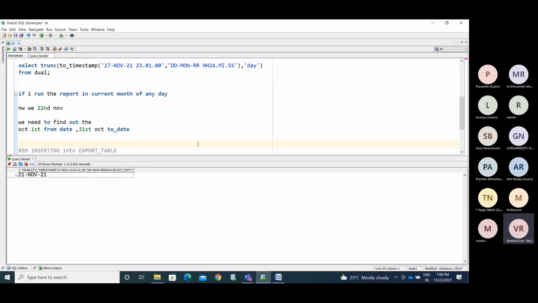So if you want to pull that report, use the functions we have mentioned, and calculate it. If you pass any date, you need to get the previous month's first day and last day. Okay.